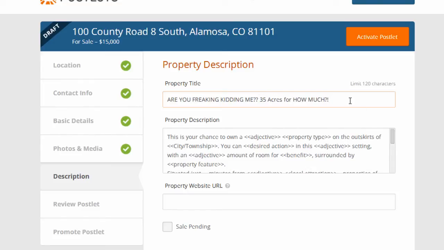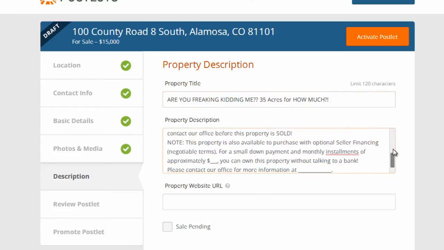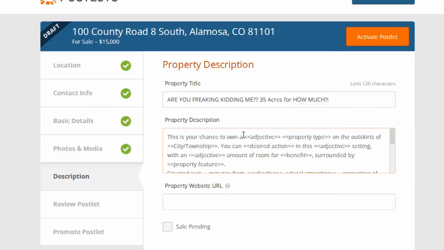And, as you can imagine, this kind of a title is not usually what you see when you're scrolling through Craigslist. So this is the kind of thing that can really catch somebody's attention. So there's an example of one of the 30 attention-grabbing headlines. And then right here, all we would have to do is kind of go through here and fill in the words that make the most sense for this property. So this is your chance to own a massive